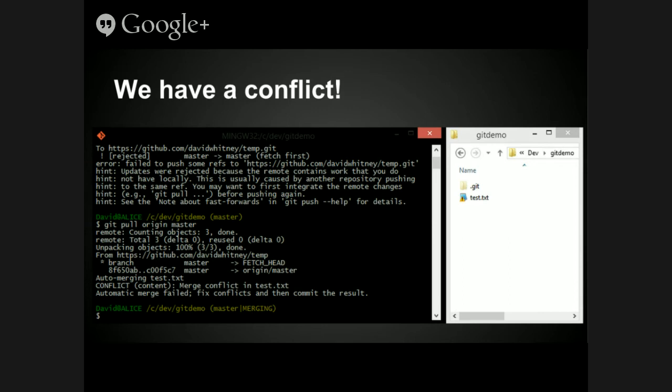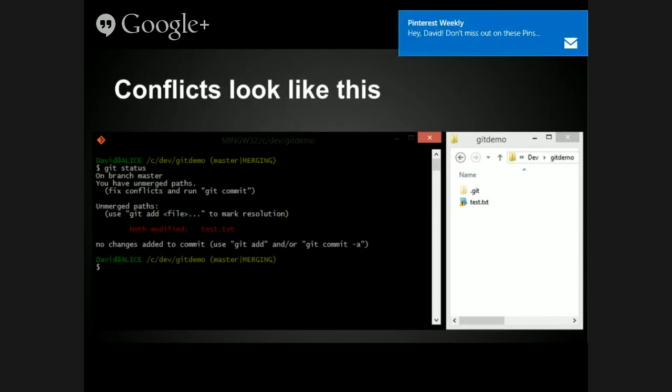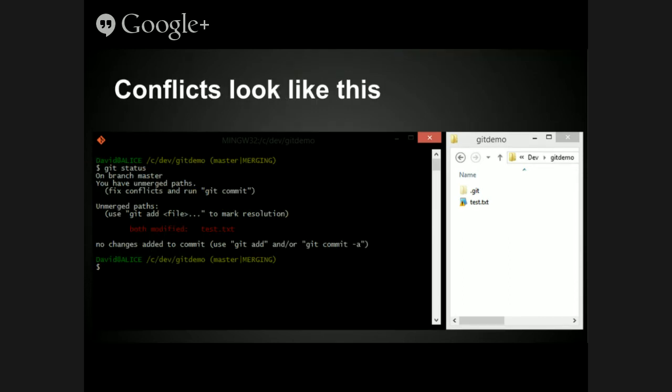So what you have to do now is do git status, and it'll tell you exactly what files are unmerged. You then have to resolve the conflict. So Git puts markers in the files with little arrows, and you can use every popular merge tool under the sun to merge them. So P4Merge, I think, I can't remember the one that ships with TortoiseGit. There's lots of graphical merging tools. You can do it on the command line if you like.